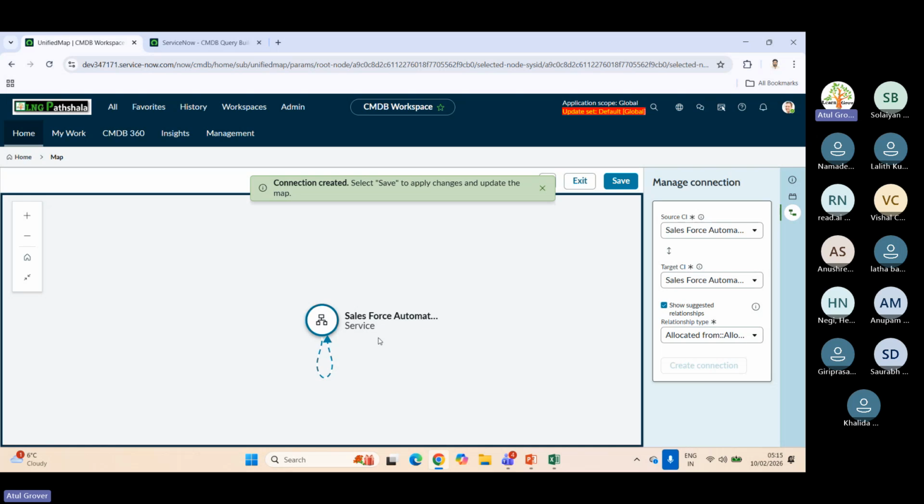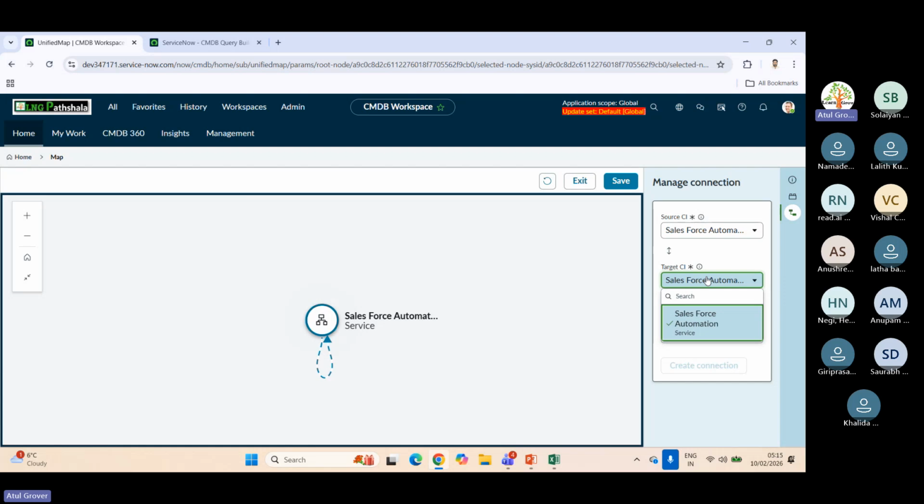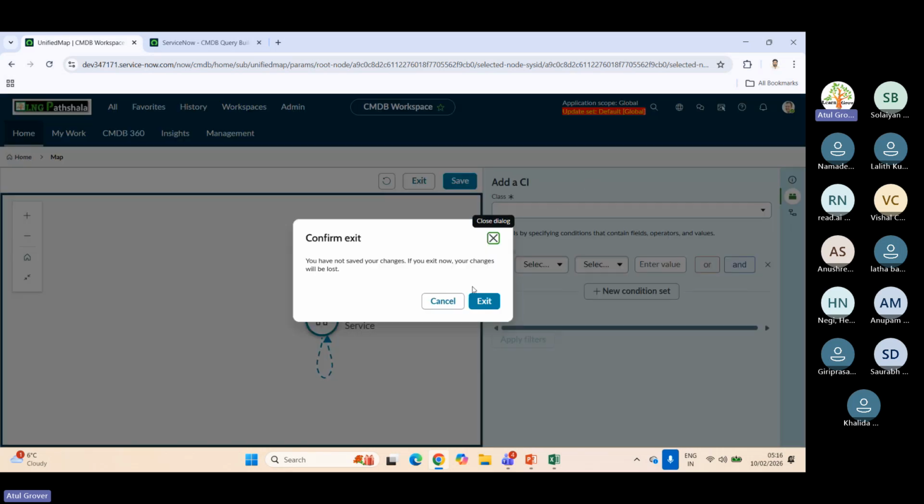So मैंने अपने से connection build कर दिया. So if you want, you can create the connections from here itself. ठीक. So again, if I come back here,